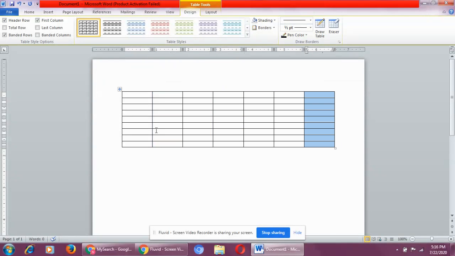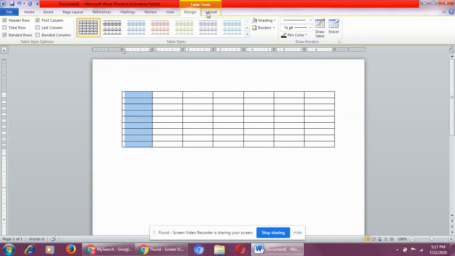All right. Now what does the second bullet say? Click in the first column. Now this word column is a mistake. It should be row. Click in the first row, merge the cells and type the heading progress report. Now, as it says column, let me do it for column for you. I'll tell you how it is a mistake. I've selected the first column.